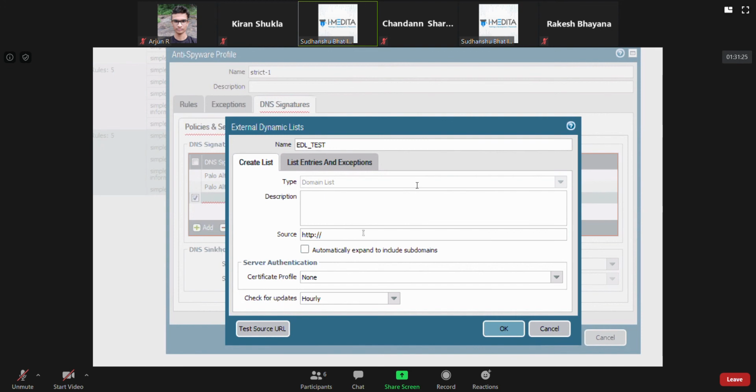Here you can specify the source. If you have hosted it somewhere where you want to have authentication, then you can also have authentication based on that, like certificates or server authentication, but for our case, I'm not doing anything like that.